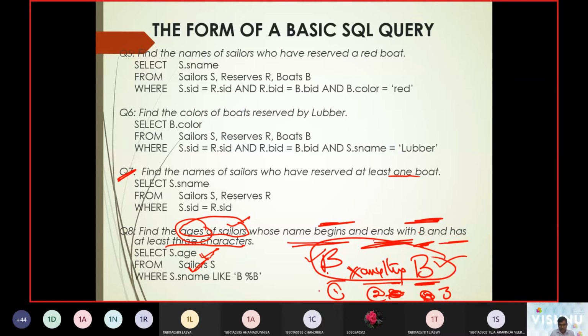So altogether we need 1 character, 2 characters and 3 characters. We need to have only 3 characters at this point of time.